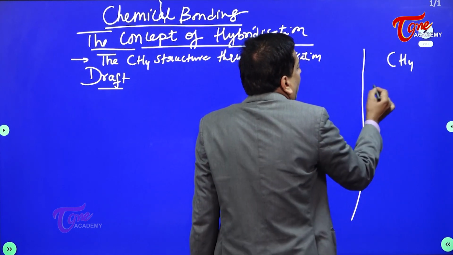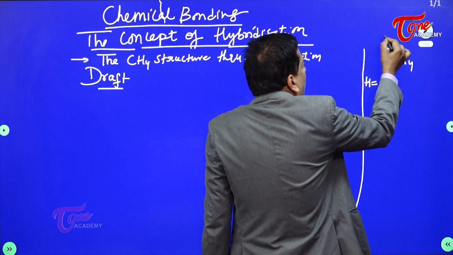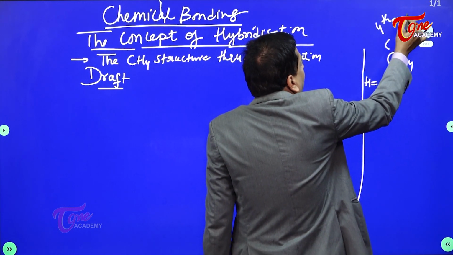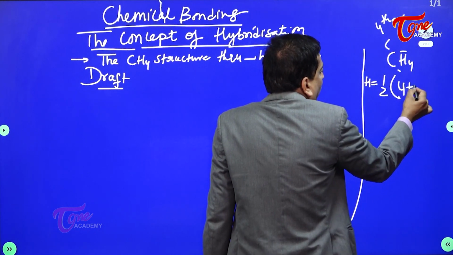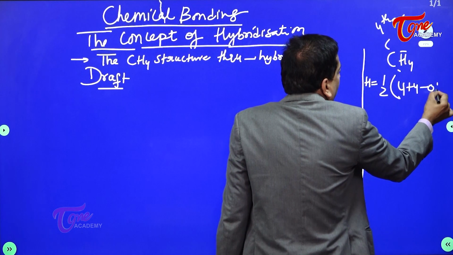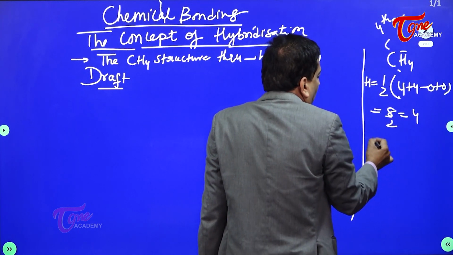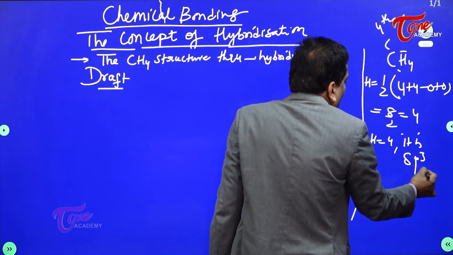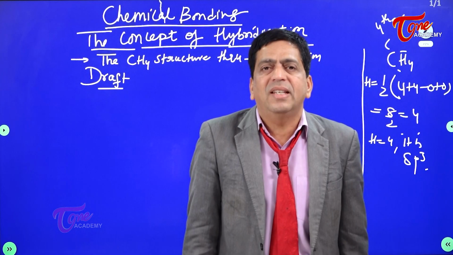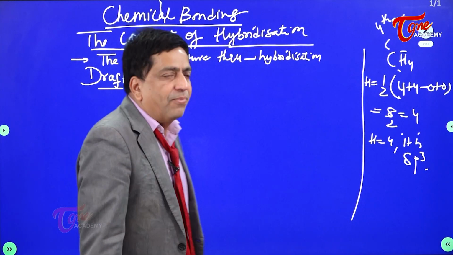If it is methane, then H is equal to half into, this belongs to 4th group, so it is 4. Number of monovalent atoms are 4. It's not a cation, it's not an anion, so it is 8 by 2, which is 4. If H is 4, it is sp3. It is fixed. So once it is sp3, let us write the draft. Let us start the draft. The draft says,